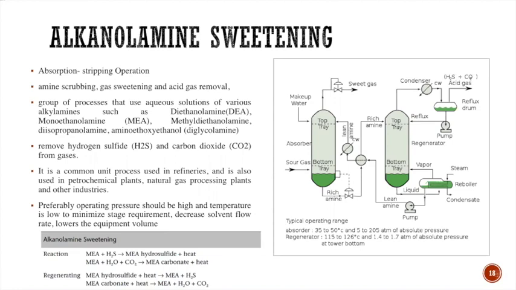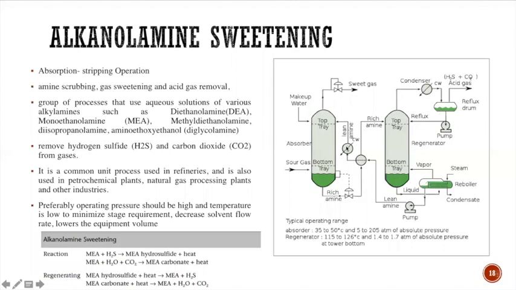So now the gas has been separated. You see from the first column the sweet gas is already out, and the H2S and CO2 in the gas have reacted with the amine solution and generated MEA hydrosulfide and MEA carbonate. Now these two in the second tower will react at high temperature and generate MEA again, and also generate H2S and CO2. This can be sent to the reflux drum, where some of the MEA will be separated out and this acid gas will be taken out, right?